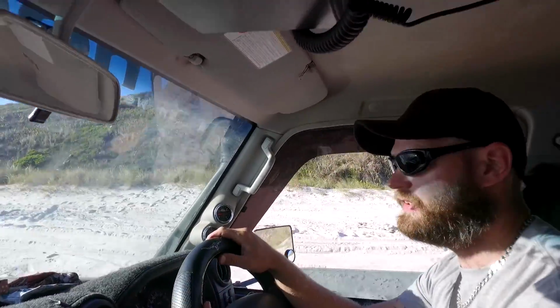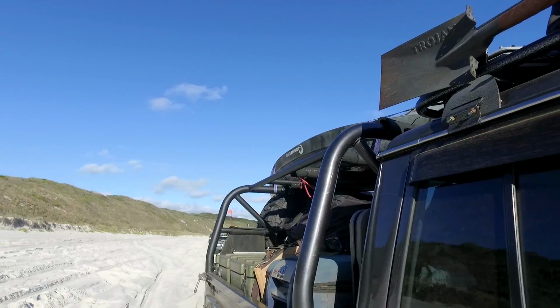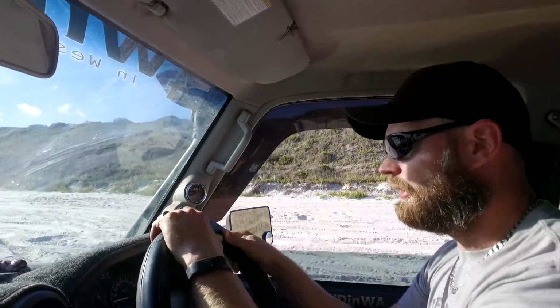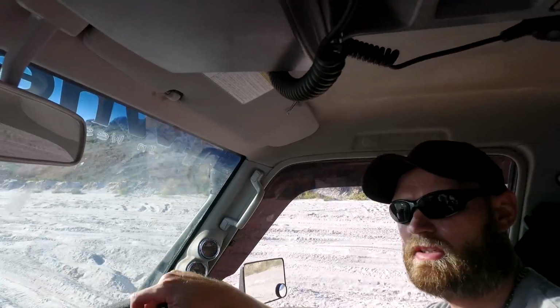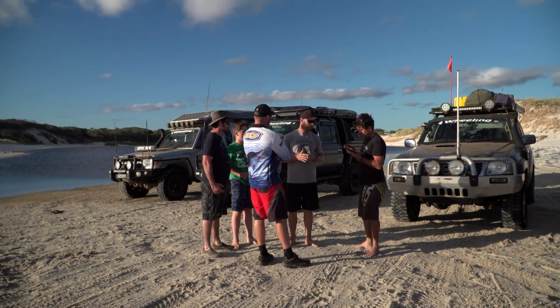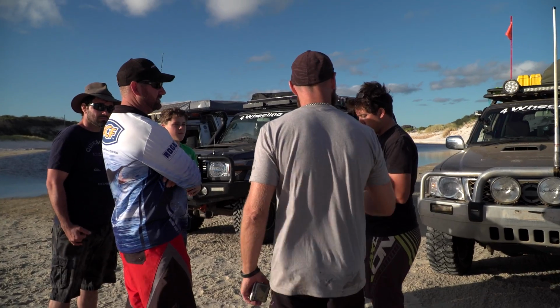But our next real challenge is finding the campsite. Now, I'm pretty sure there's a camping area around here somewhere, but we just passed a sign that said no camping. So the fun police have put up a sign, you can't camp around here. So we'll have to just keep looking. Hopefully there's one up ahead. I mean, would like something a little bit more private, because if they're saying all the locals camp there,